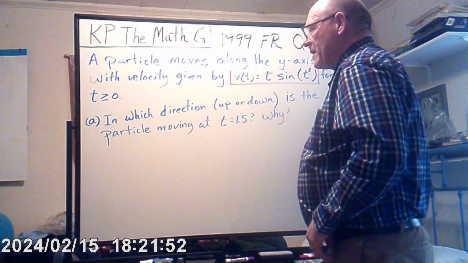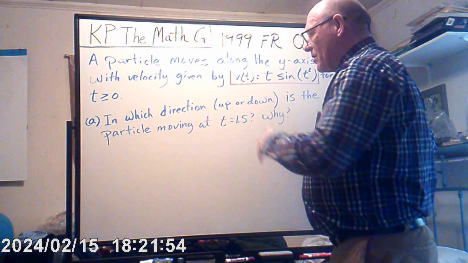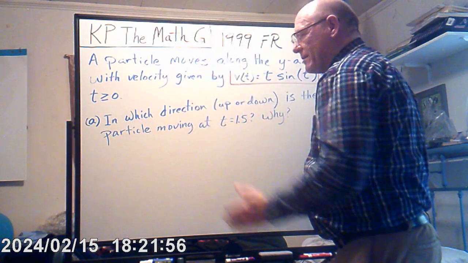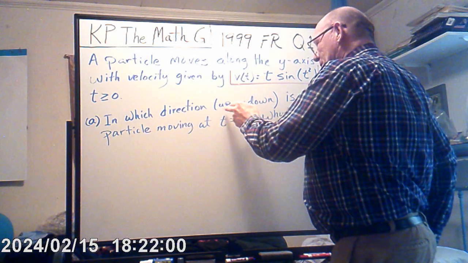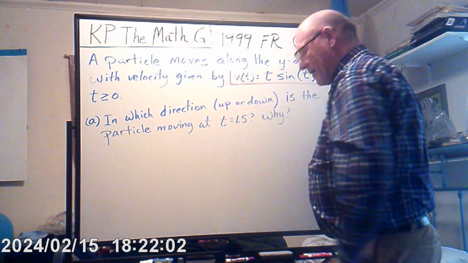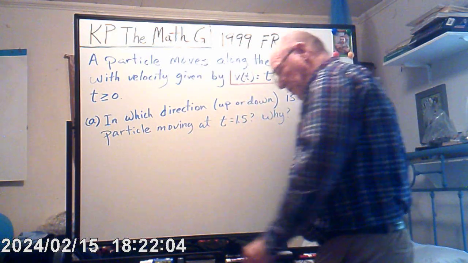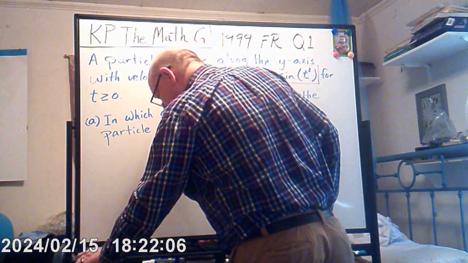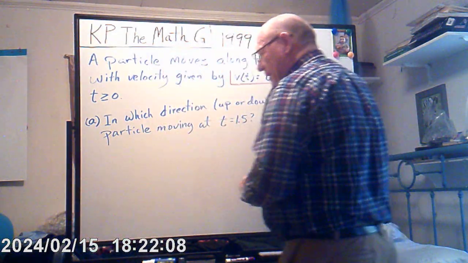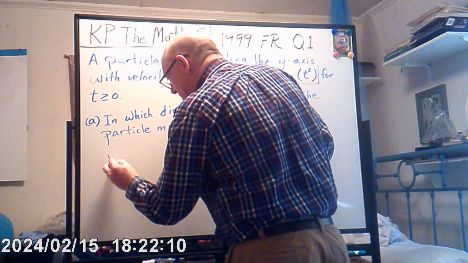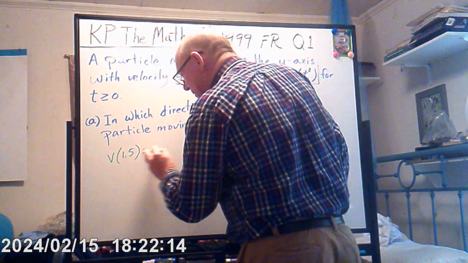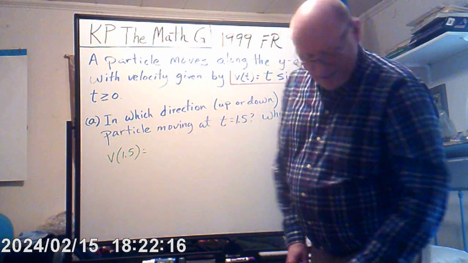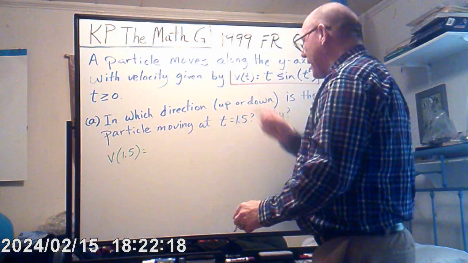So when we talk about movement in some direction, positive or negative, up or down, we're looking at the velocity. So let's go ahead and, without further ado, find that. So v at 1.5, that is equal to, and just plug it in now,